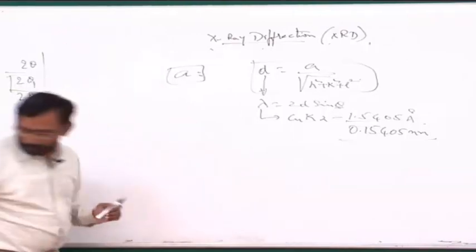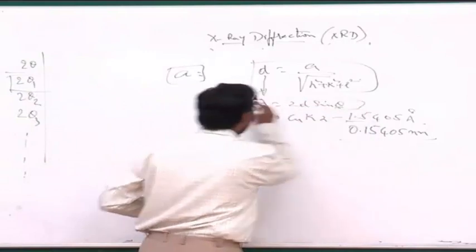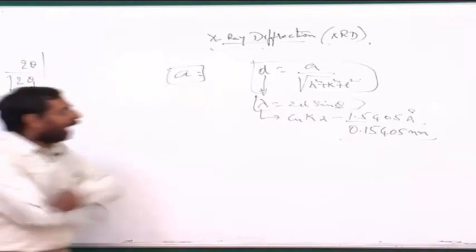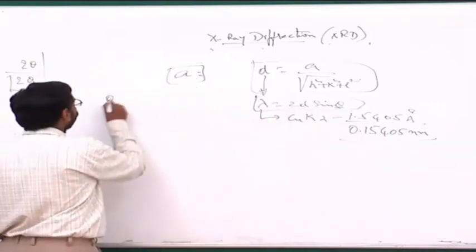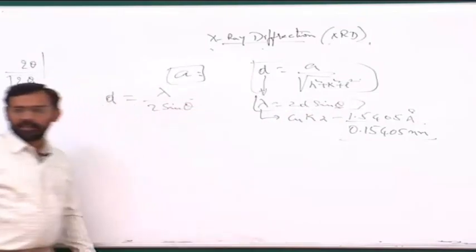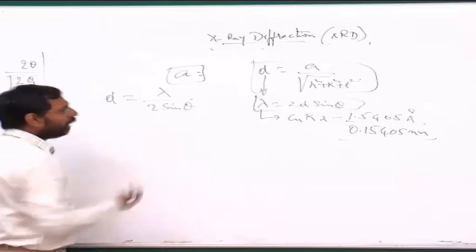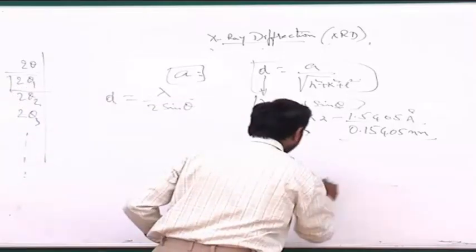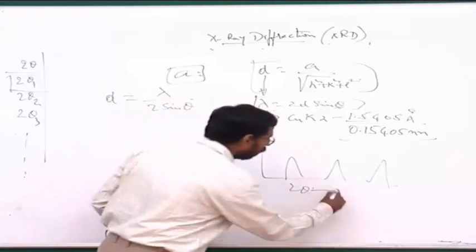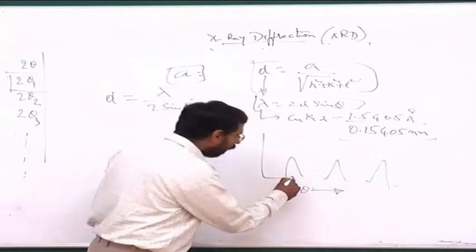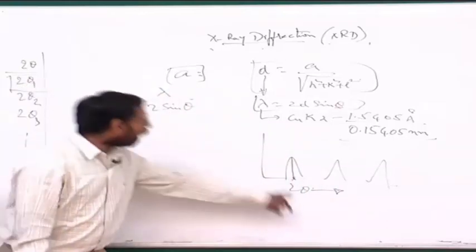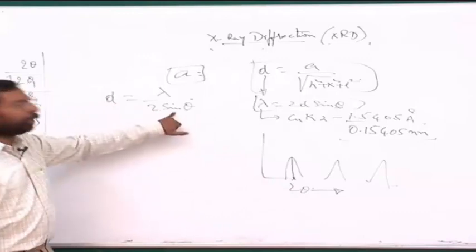If you look at our Bragg's law, it is lambda equal to 2D sine theta. And if I want to find out the D, I find it as lambda by 2 sine theta. And what I'm getting from my XRD pattern, am I getting sine theta? I am only getting theta. My XRD pattern is always in terms of 2 theta or theta. So from the XRD pattern, for every peak I can find out the theta corresponding to that.